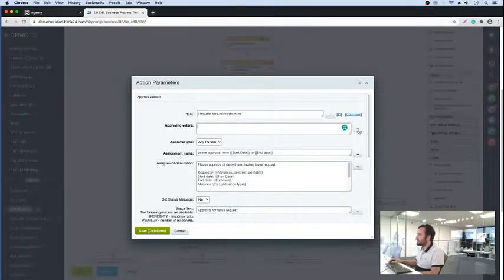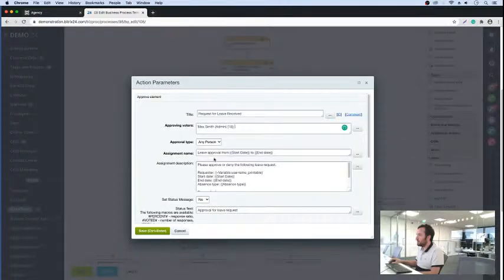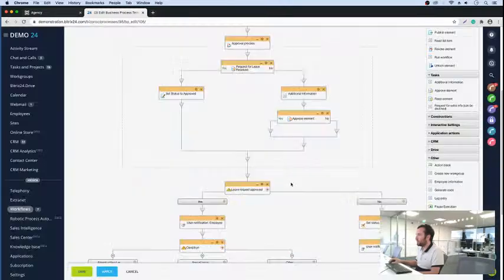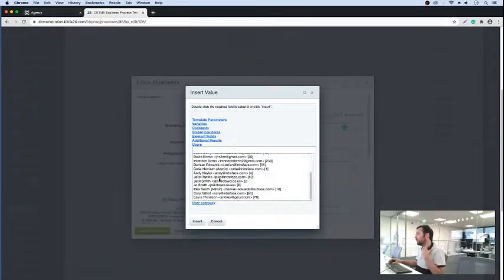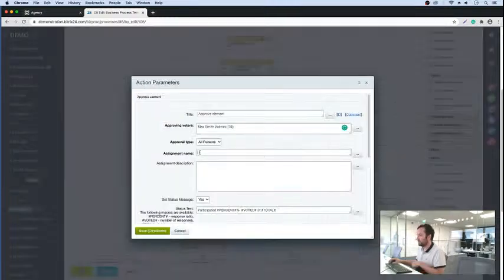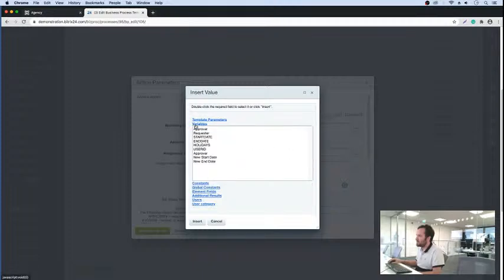And then what we could do, let's see who the first one goes to. What I'm going to do is send it to myself, so we can just run this just to see what it looks like. Max Smith, that's who I'm logged in as. And what we'll do here is just send it to Max Smith. So click in here, submitted leave, and then what we can do here is actually click into the 3 dots and click into variables,